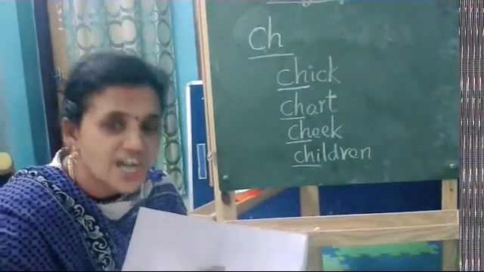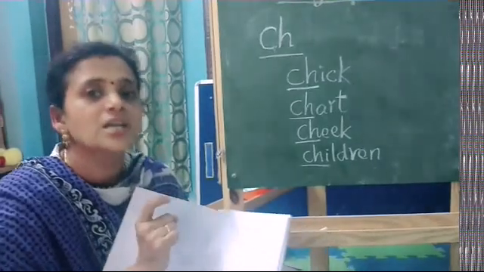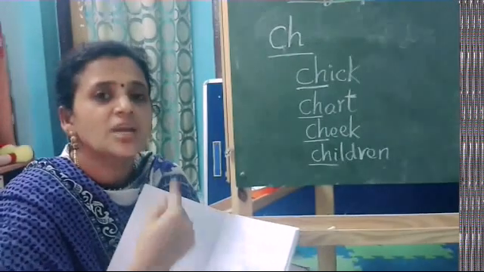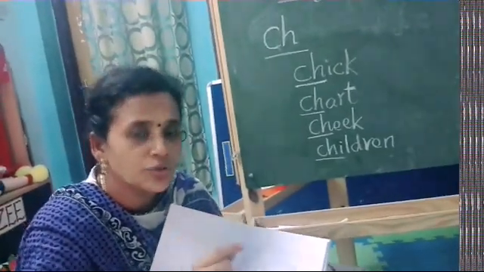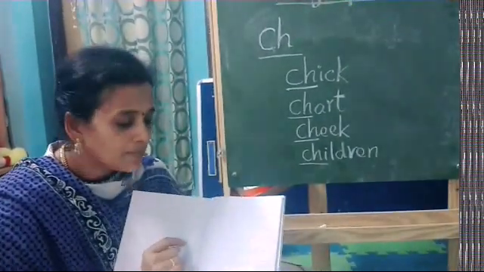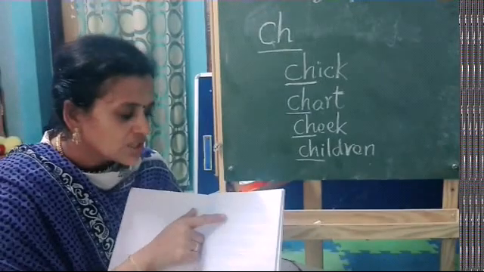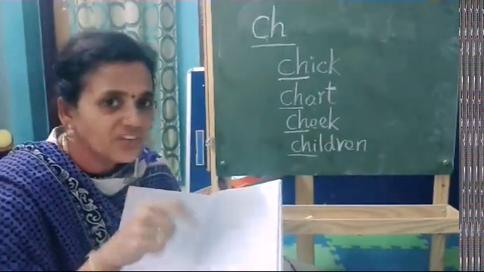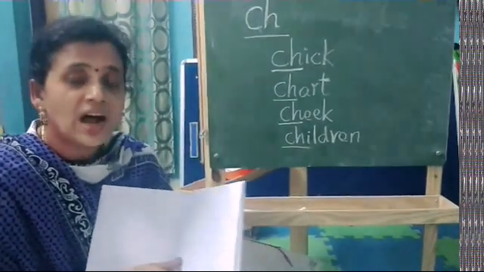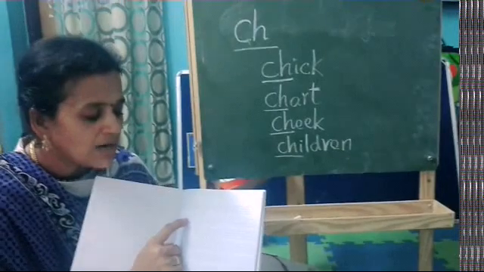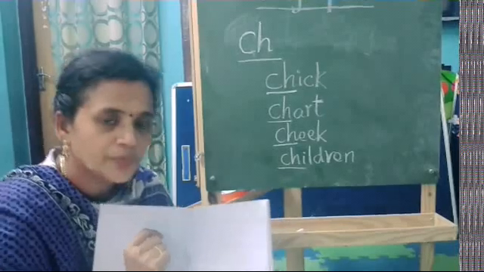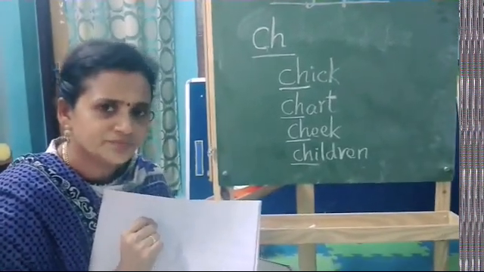Next, children. You should say the word children. Ch. If you say ch, they start to write ch. The remaining spelling you have to say yourself: I-L-D-R-E-N. Okay, ma'am? Okay, kids. Likewise, children should write 14 digraph words. After finishing writing, they have to underline that ch. They need to underline the ch. Okay kids, can you understand?